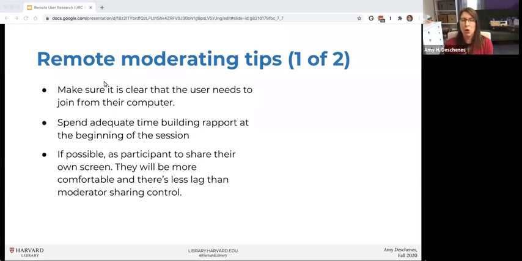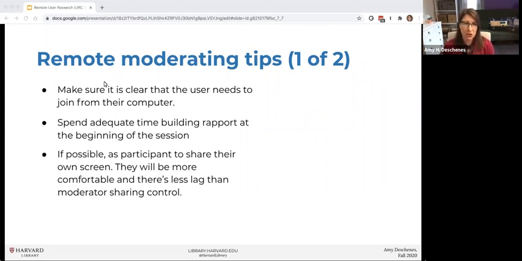It will make it so much richer when they start using the site and talking about the site if they're already warmed up. So it's really important to take that time to build adequate rapport. I've had examples in the past where we tried to cut out the rapport because we only wanted to do this in 20 minutes, and that way more people would sign up. When you cut out the rapport, it's like pulling teeth to get them to start talking about the interface. So it's better to spend at least 4 to 5 minutes up front just getting to know the person, so they feel really comfortable talking to you when you get to the point where you're asking them more specific questions.